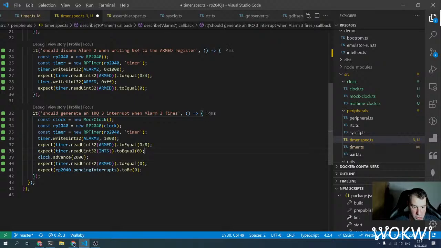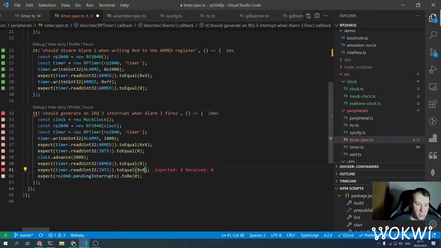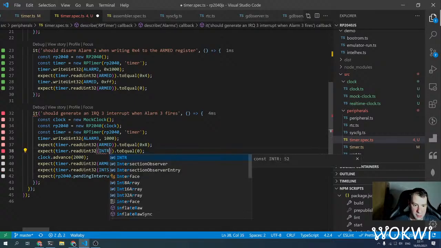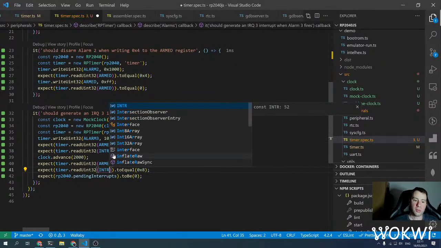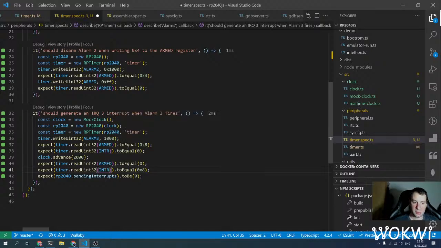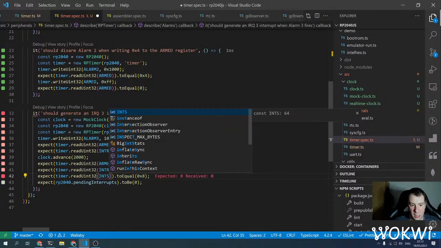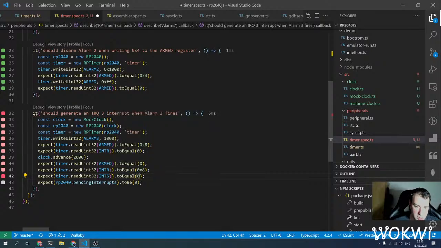So at this point it should be 0, but at this point it should be, oh no, not the int status, the raw interrupt should be 8, because the bit should have been set, and then we can say the int status should be 0, and